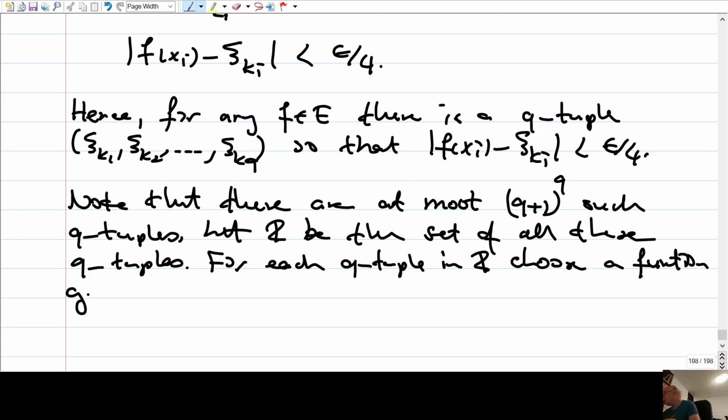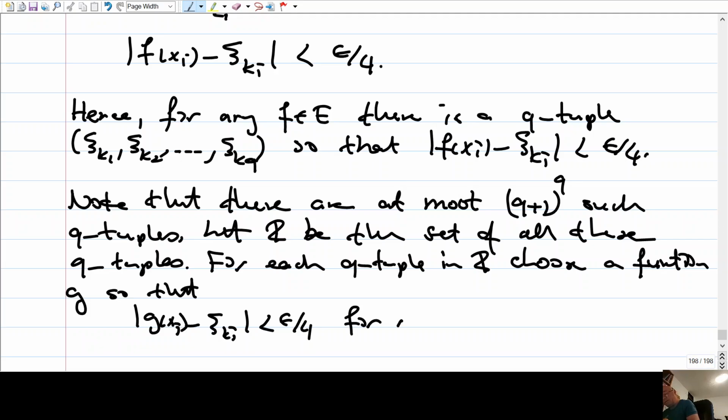Function g, so that the distance of x minus x_{k_i} is less than epsilon over 4 for g(x_i), for all i from 1 up to